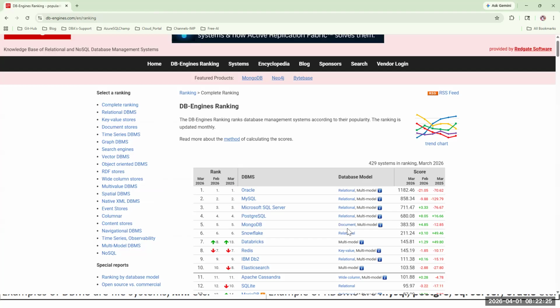It's not traditional. It's NoSQL. MongoDB is NoSQL; the rest are SQL RDBMS technologies. You store your data in the form of documents, like JSON format. Internally, you store your data in the form of JSON.